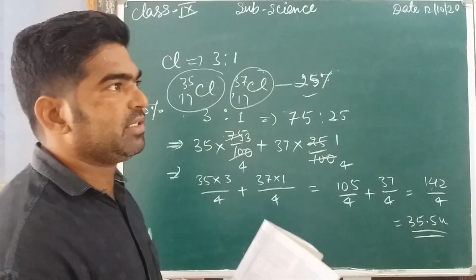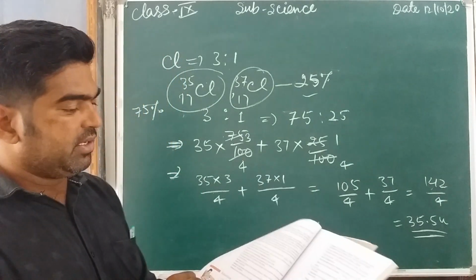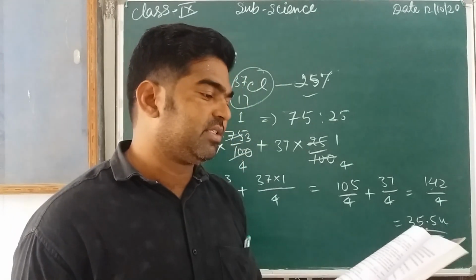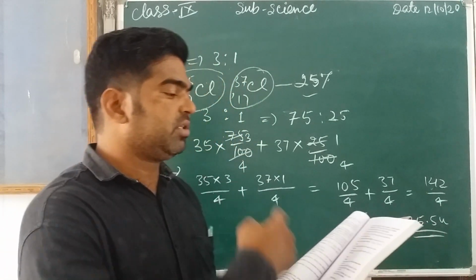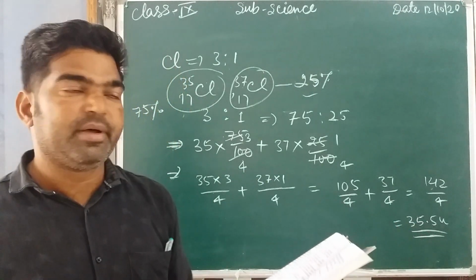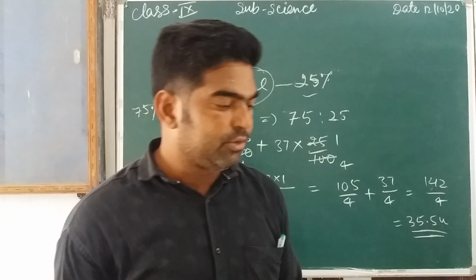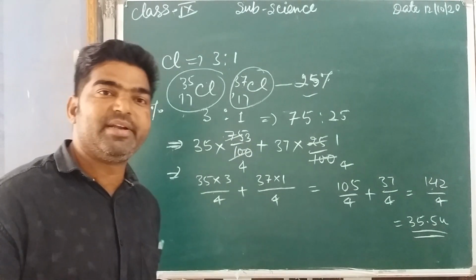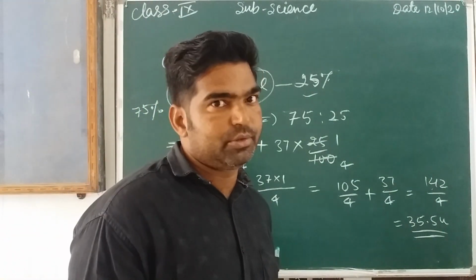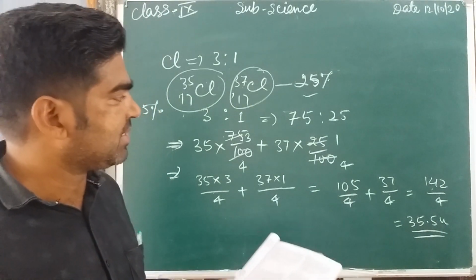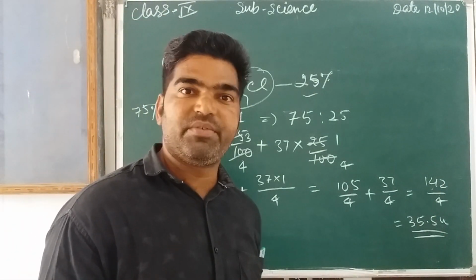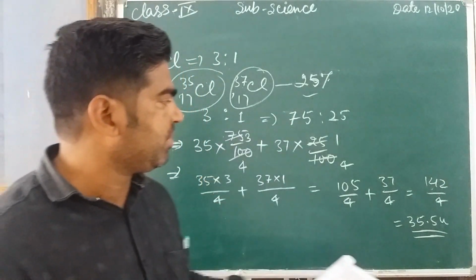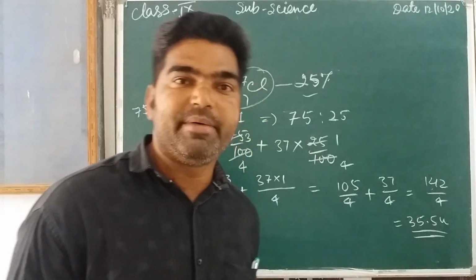Okay, suppose the percentage is given in a question. In the exercise, question numbers 10 and 11 both depend on this method. Okay, so next we discuss isobars. So I think it's clear. In this way we can find the average mass in the case of isotopes. If isotopes do not exist, some elements are not found in isotopic form, so it's clear we can use the direct mass. But in isotopic form we can calculate this average mass.